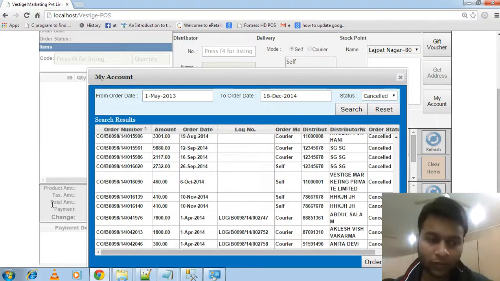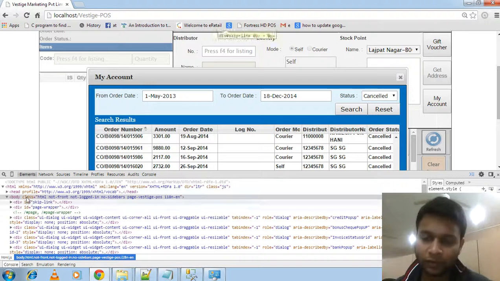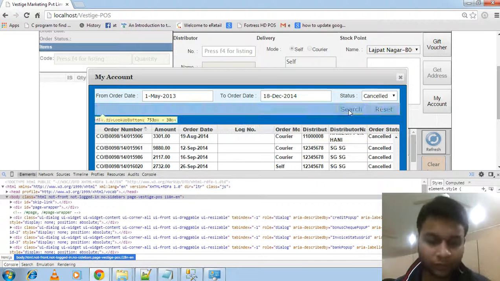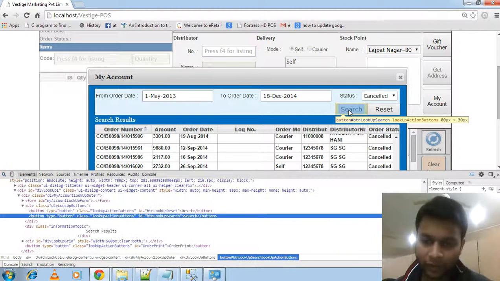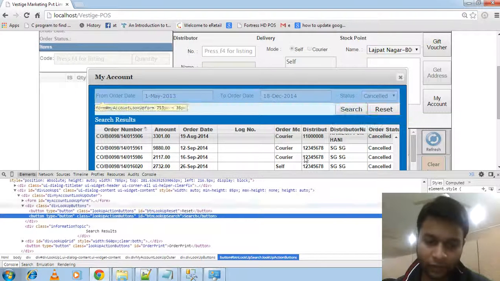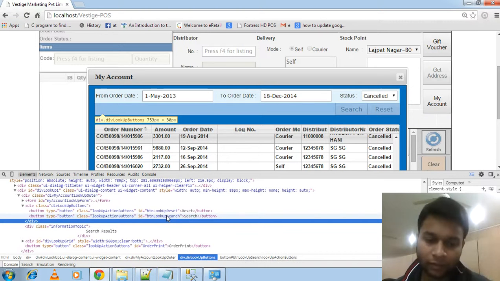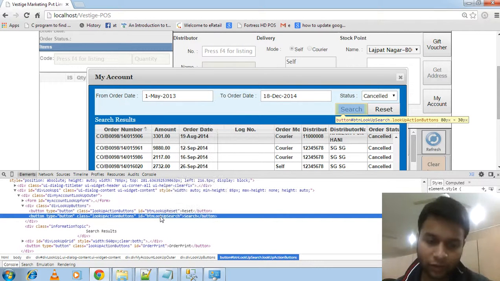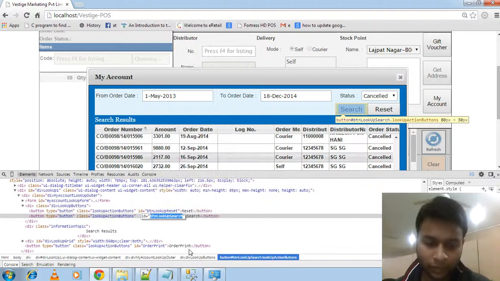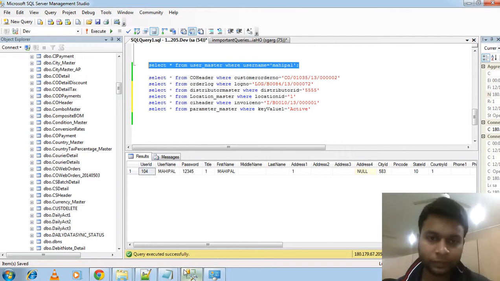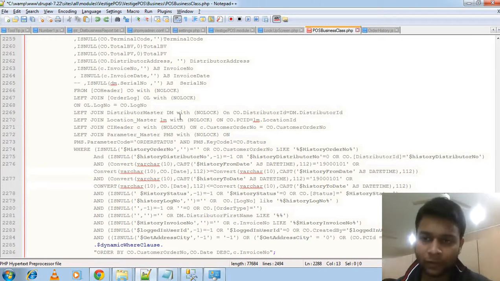Now we need to know about the SQL query which is running behind the system. Here we can see the ID of the search button, because we get the data by clicking on the search button. So we can copy this, then we have